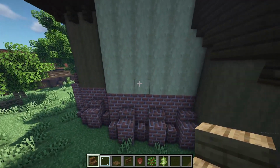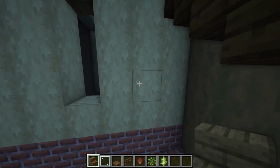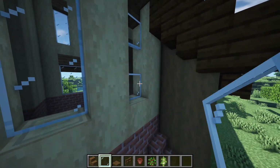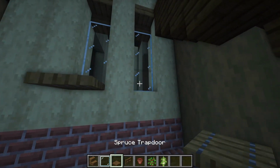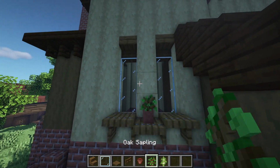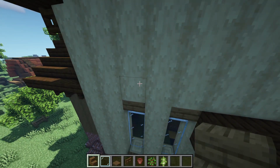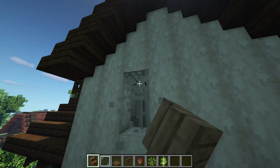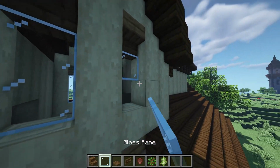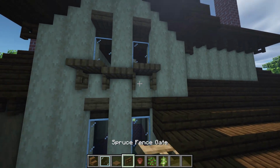Now we're round at the back, and we're going to add in some windows to this section. So right here I want to just add it to either side of the middle block, just like there, one up from the base. So I want to have these 4 high. We're just going to do the same trick with the trapdoors that we did on the front with a flower pot, something like that. And again, up top, just leave a block gap and break away 3 this time, as it's going to be slightly smaller windows up top, like this, once again,